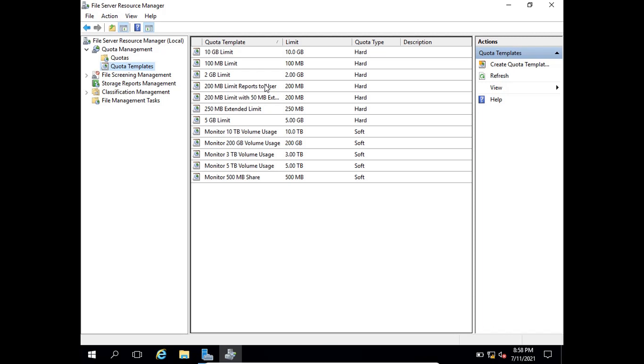They won't be able to, and if they do it, it's on them, because they know once it hits that threshold, they stop saving files. So now